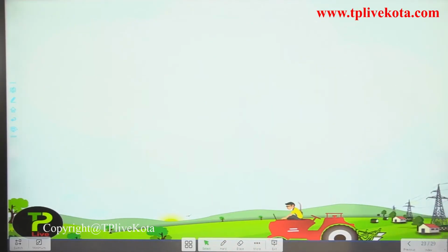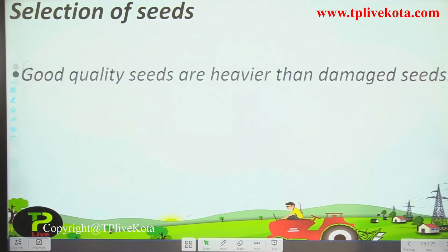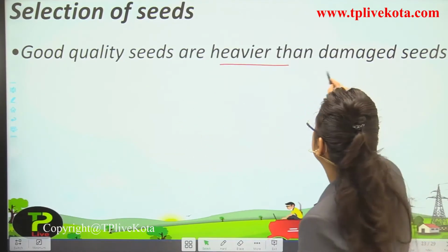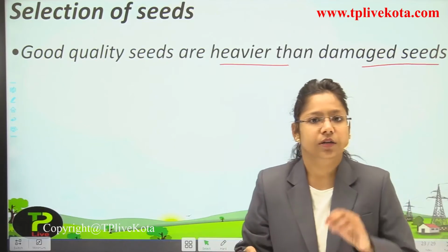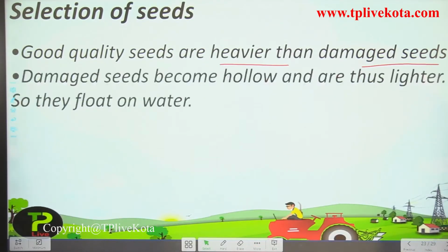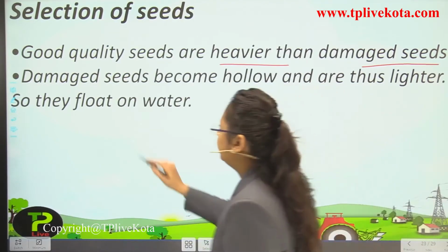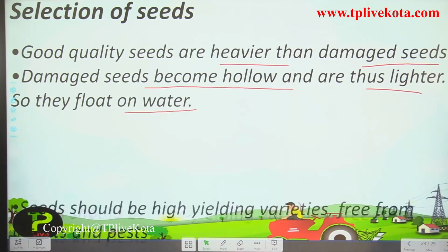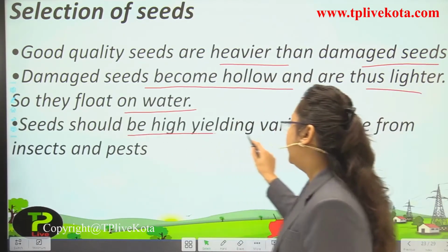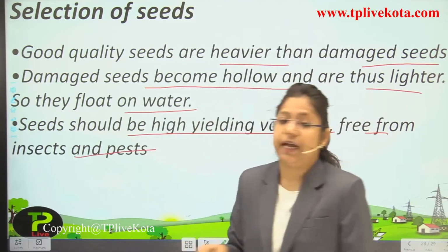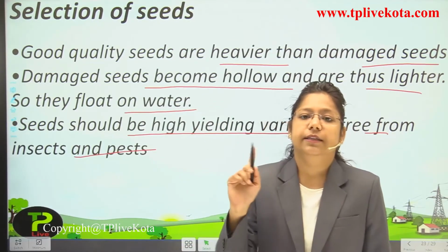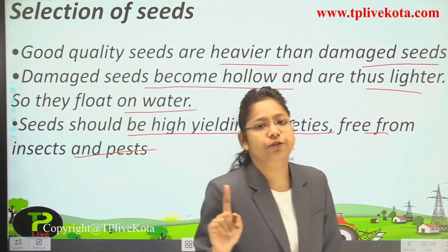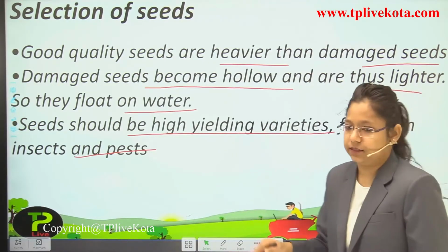Okay, now moving on towards our next slide, we can see how we can select the seed. So they are heavier. I told you in the above experiment, they are heavier and the damaged seeds are hollow, so they will not sink. Next, it is written over here, the damaged seeds become hollow and thus lighter and they float on the water. Okay, seeds should be high yielding varieties free from insects and pests. This is the most important thing you should remember, that if you are taking the high quality seeds, high variety seeds, then they should be free from any kind of pests and insects. Okay,